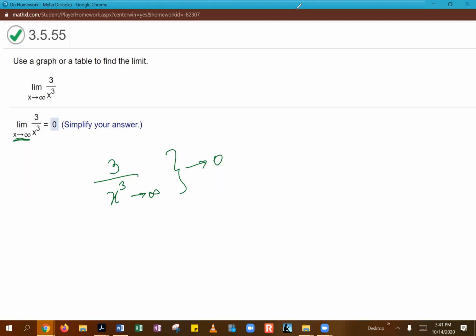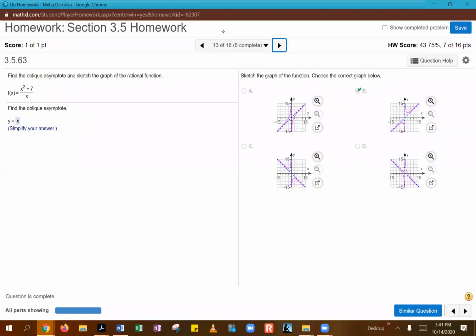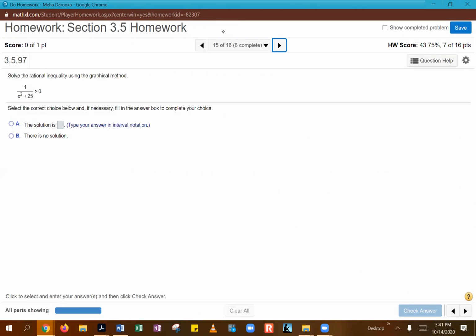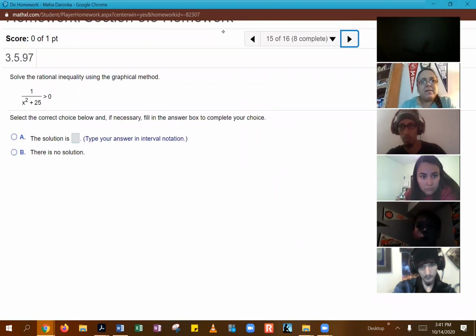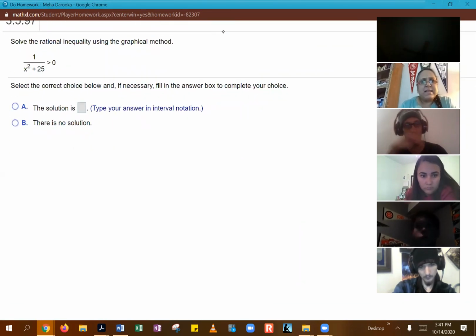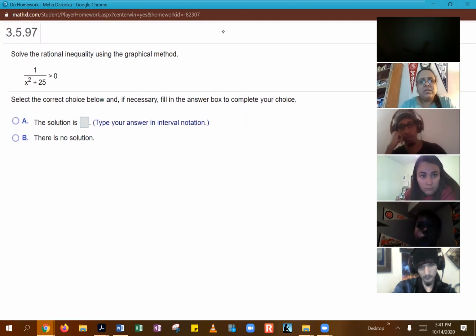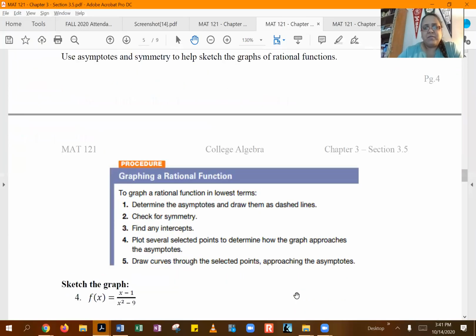All righty. So just your horizontal, vertical, oblique asymptotes, how to find the domain for these functions. And this one, again, I will let you work on this. They're asking you to put it in the lowest terms and then come up with your domain. And I think they'll ask you about asymptotes in that case. But what I wanted to look at was how we can actually use